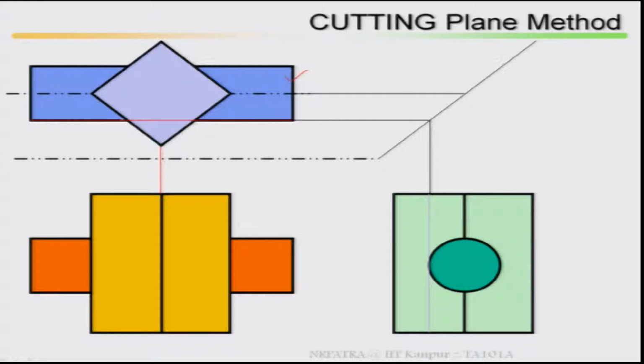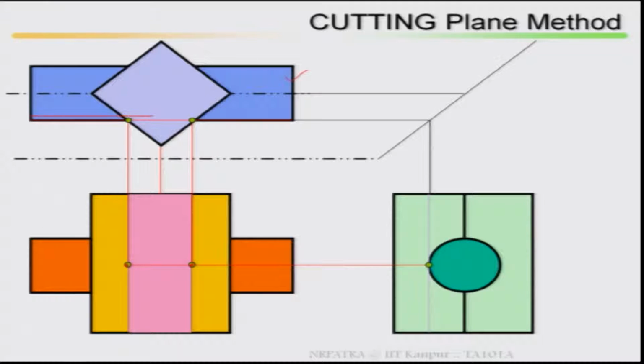I have taken one cutting plane here, then project it back how it cuts in your side view, then you mark the point of intersection, from there you extend it to your front view, then mark your point of intersection in the front view, and from there to the top view. At these 2 points, this is a point of intersection, project it back, where this intersects from the side view, from the top view, at your front view where it intersects, you mark these 2 points, it has been marked.